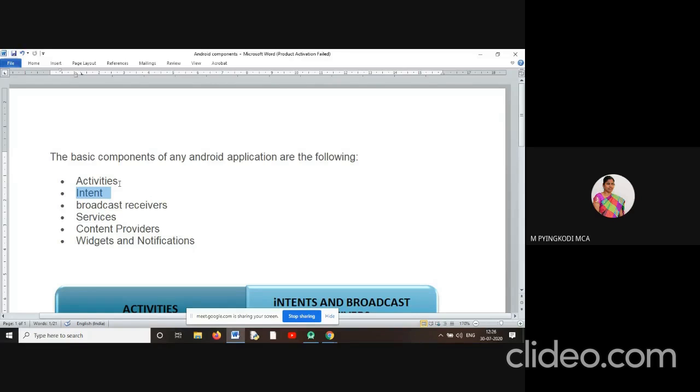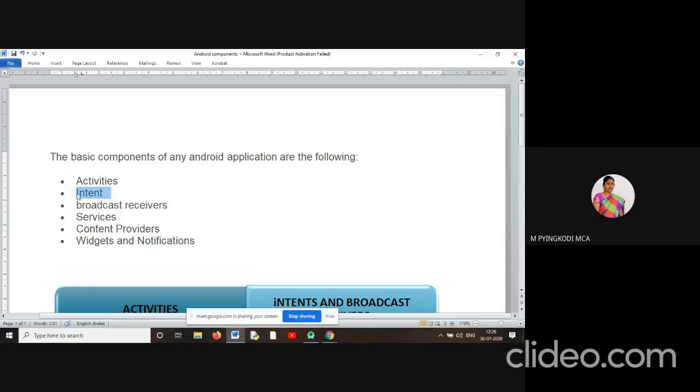It will respond to broadcast messages from other applications, and it is also capable of delivering broadcast messages to other applications. Simply, we can say that it is notification. So notification is one of the examples of broadcast receiver. For this broadcast receiver to work, there is always an intent listener listening.